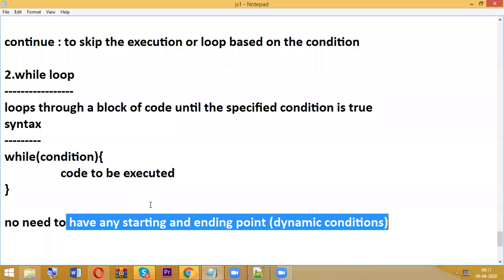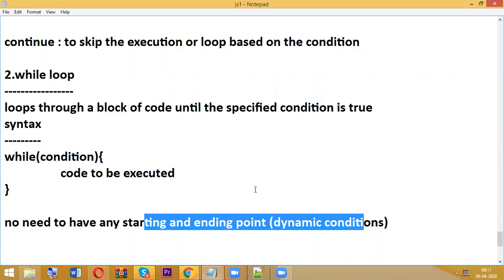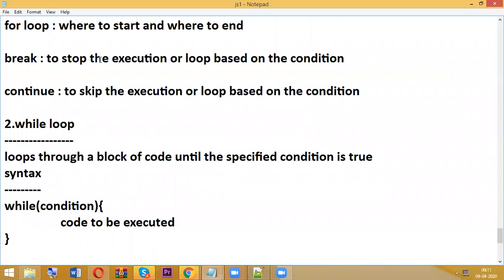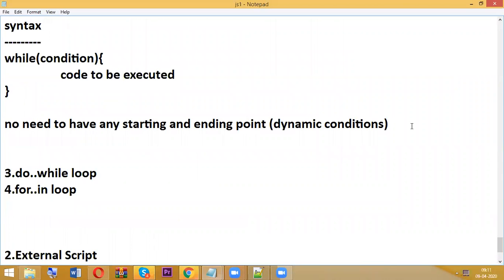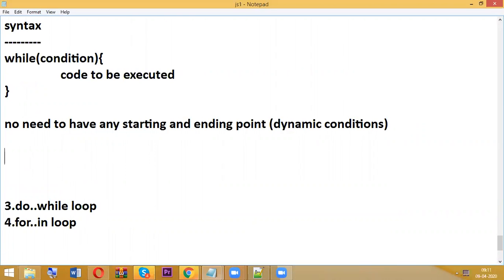But right now we are in the beginning stage and we don't have suitable examples here. That is the reason for the same output, whatever the for loop is getting. In case of break, we got the output for while loop also, but continue is not working, because of this: no starting, no ending. So continue will not work in while loop.